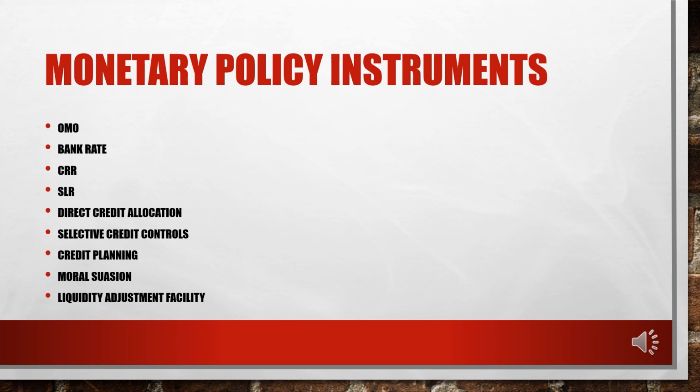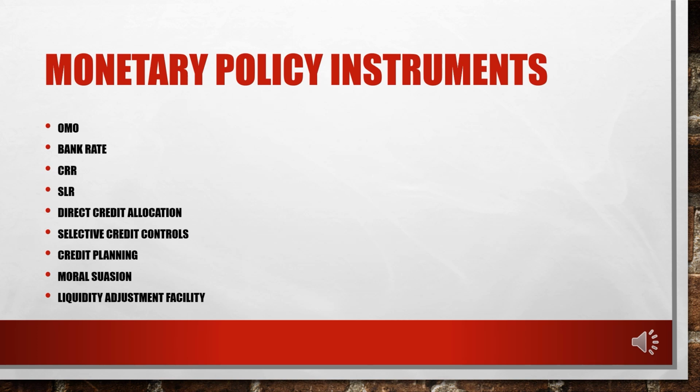So the most important instrument used by RBI in today's context is LAF, that is your liquidity adjustment facility. You are already aware of the reverse repo rate; we have already discussed it. These are different rates which are used under the liquidity adjustment facility, or LAF. It basically manages liquidity on a day-to-day basis. The operations of LAF are conducted by way of repurchase agreements, repo and reverse repo, right? With RBI being the counterparty for all such transactions.